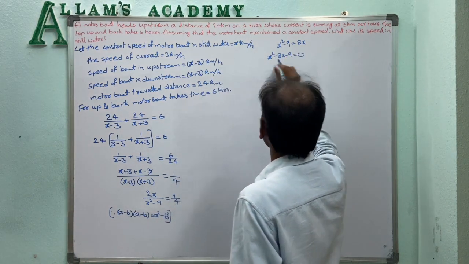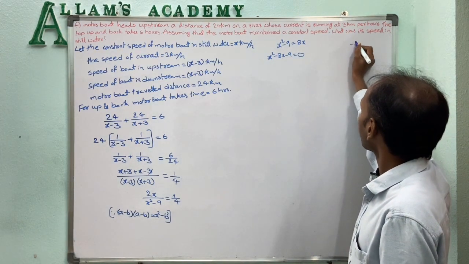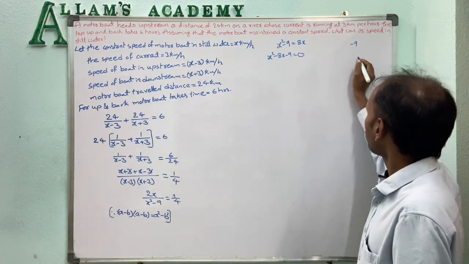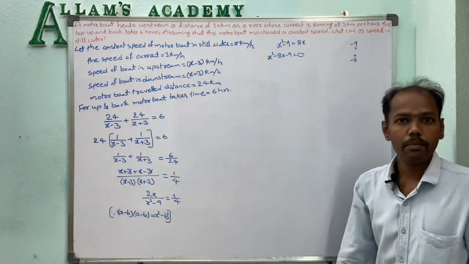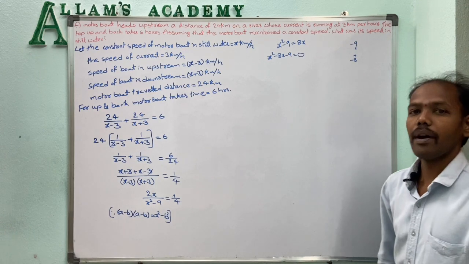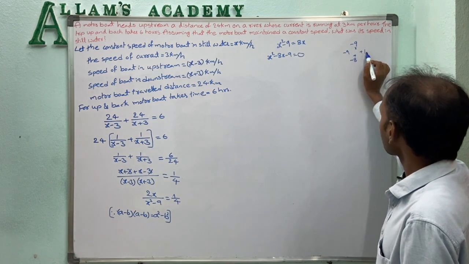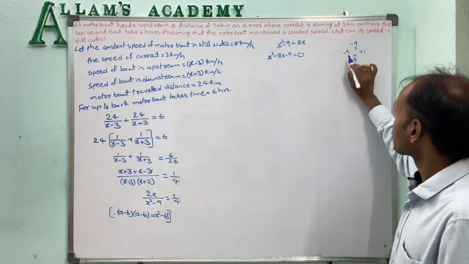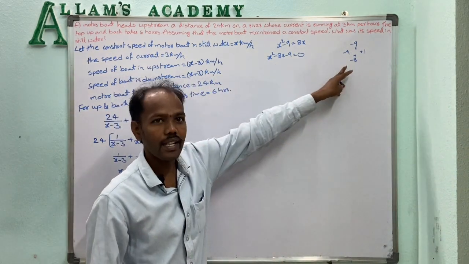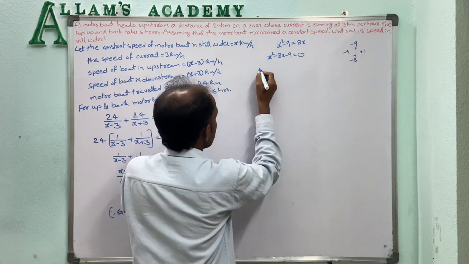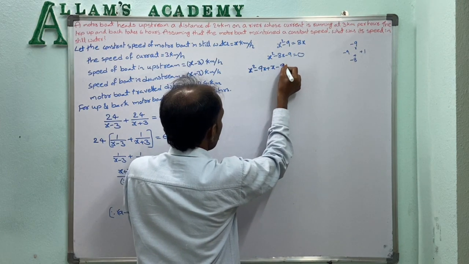Now here x square coefficient is 1 and the constant term is minus 9. So by the product we want to get minus 9 and the x coefficient is minus 8. So by addition we want to get minus 8. So which two numbers product is minus 9 coming, addition is minus 8 coming, means they are nothing but minus 9 and plus 1. So minus 9 into plus 1 equal to minus 9, minus 9 plus 1 is nothing but minus 8. So now in the place of minus 8x, we take minus 9x plus x, x square minus 9x plus x minus 9 equal to 0.